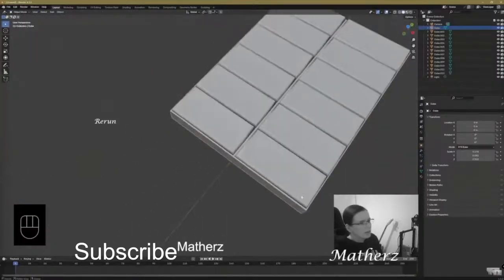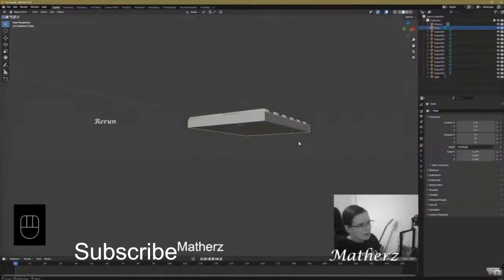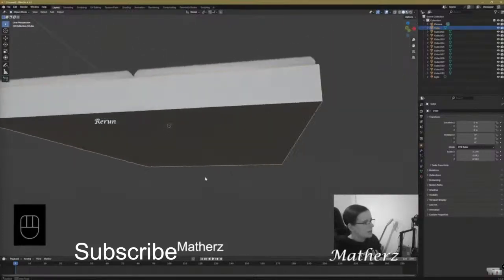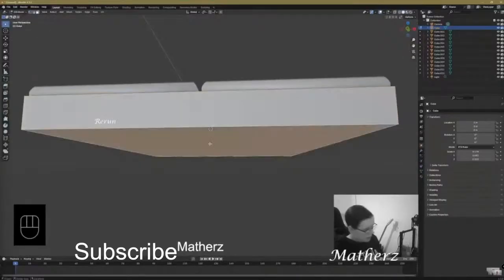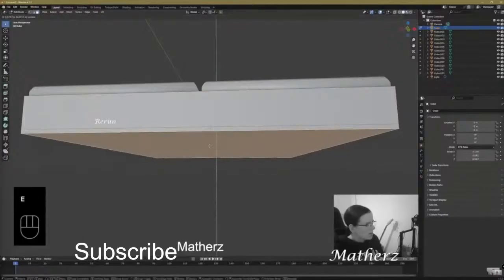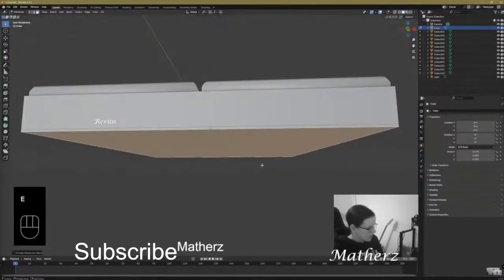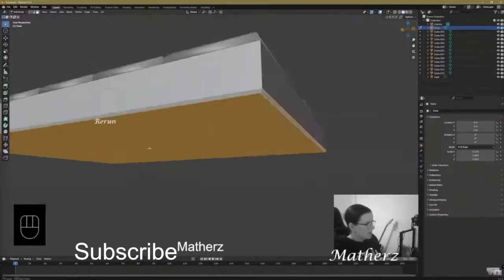And then what we're going to do, so this is our basic chocolate bar. As I said, I'm trying to get it to look like the actual thumbnail. So what we're going to do, E for extrude, just scale it inwards just slightly. And then I think maybe take the bottom part right here, this part,